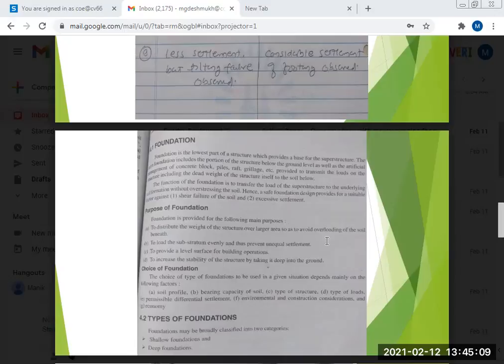So now, avoiding unequal settlement means, कभी एक तरफ settlement ज्यादा होता, एक तरफ settlement कम होता, so this is very dangerous. This is called differential settlement. We have to avoid such type of settlements. Of course, आप कितना भी solid करो, थोड़ा ना थोड़ा settlement होने वाला है ही, लेकिन प्रॉब्लम क्या है,